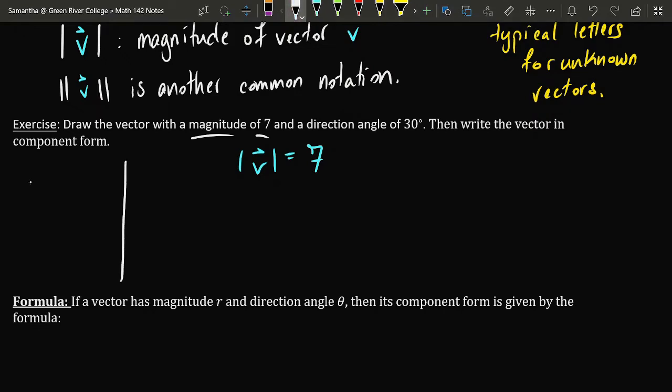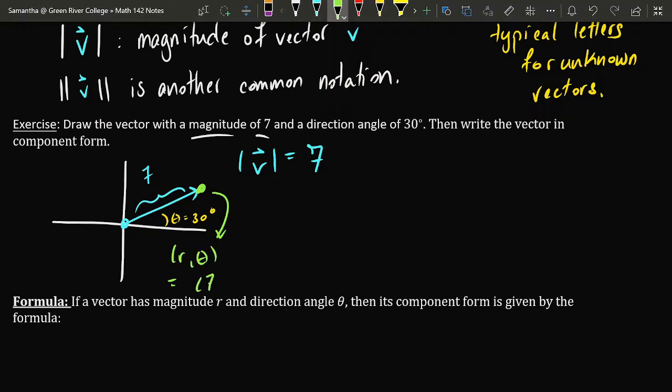Yesterday we saw that if we drew this arrow with its tail at the origin, 7 units long with an angle of 30 degrees, then the position of the arrowhead was exactly the same as the location described in polar coordinates by r equals 7 and theta equals 30 degrees. So finding the components, the horizontal and vertical components of this vector, was equivalent to finding the location of the arrowhead in Cartesian coordinates, x and y.